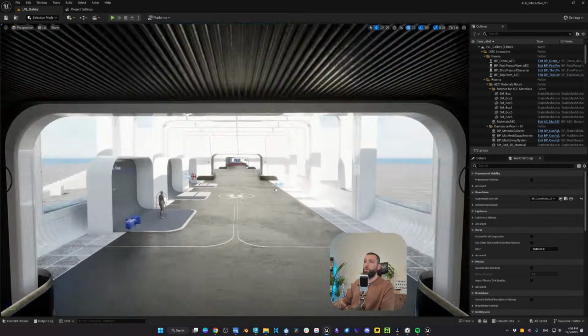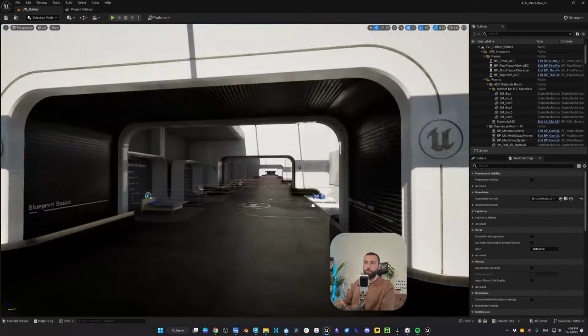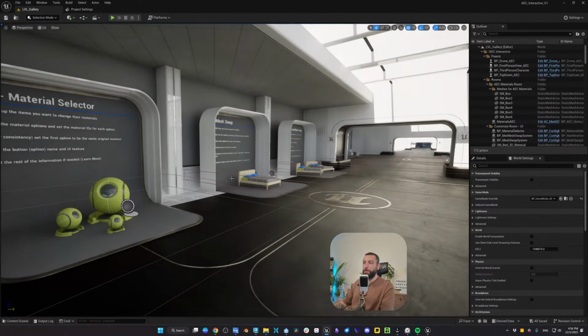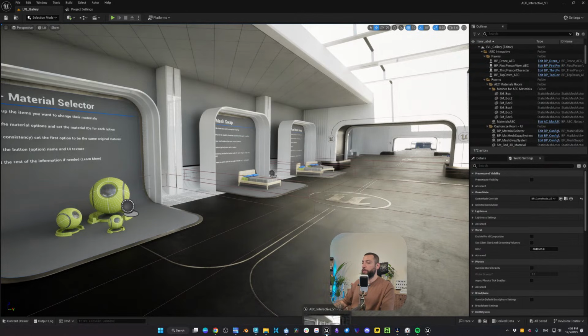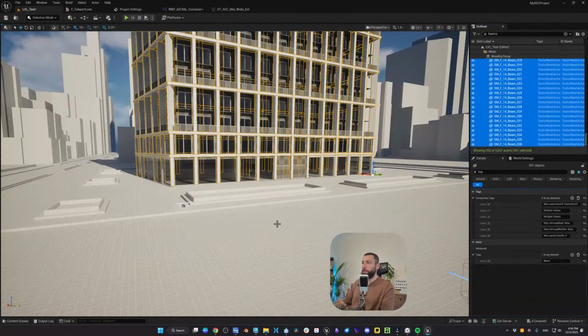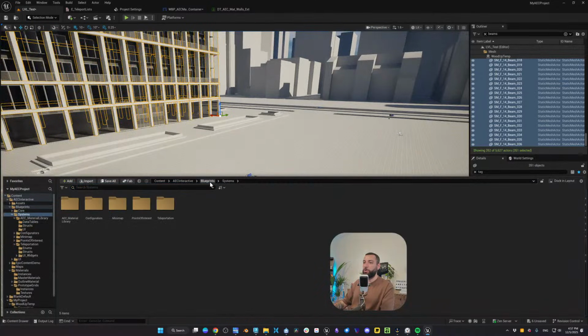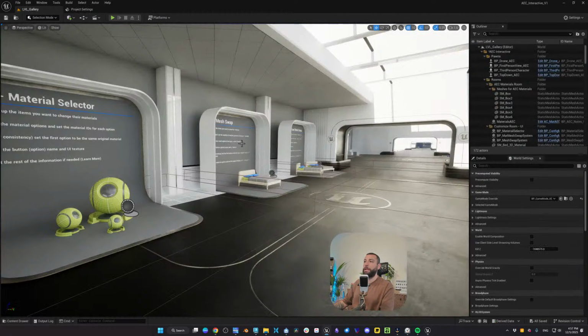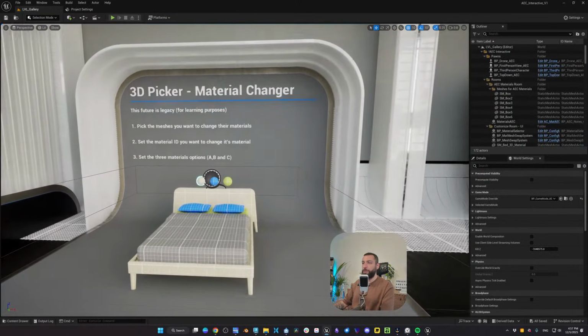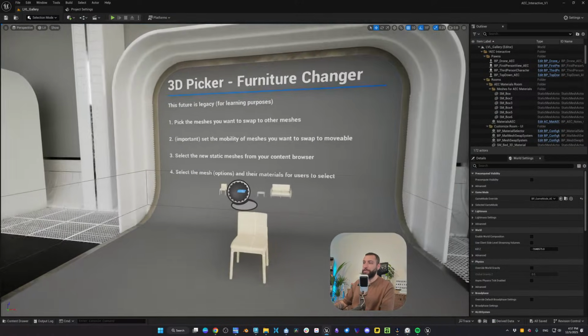In addition to the ability to customize objects with data tables, we have also other actors that we can customize objects with. So here, if you type control space, let's go to systems. Here we have a folder called configurators. If you open this, you're gonna find five configurator types. We have legacy assets, furniture, and materials, and they look like this. So this is for the material changer, and this is for the furniture.